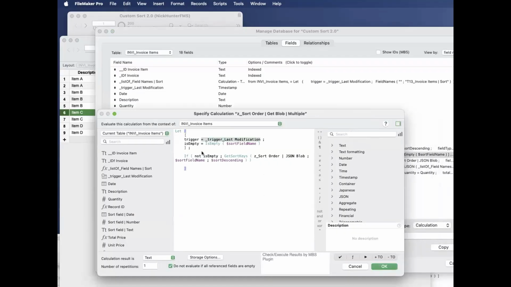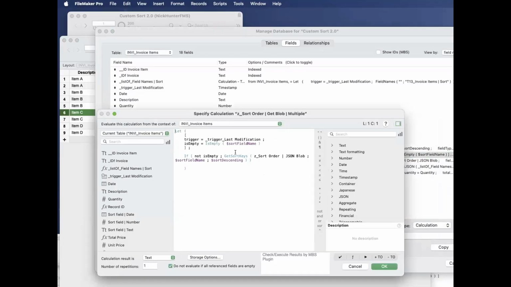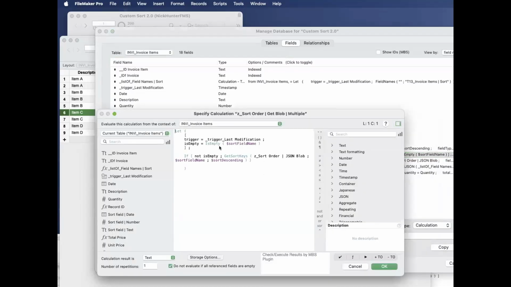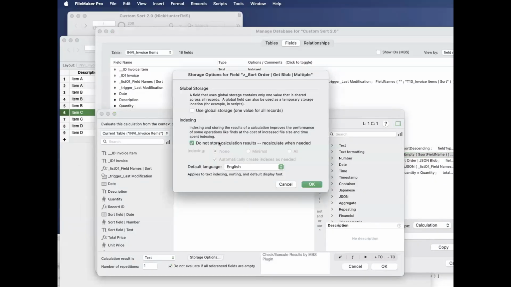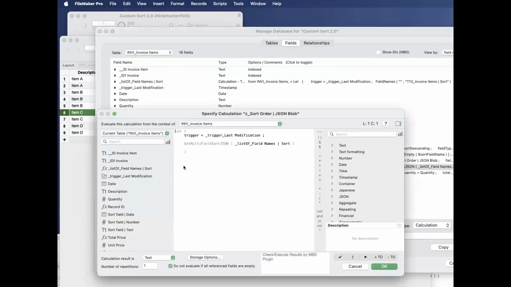Still need a trigger though. It can be both. It can be auto entry or unstored calc, but still need a trigger because it's unstored. And you don't, it's stored, sorry, it's a stored calculation, stored, right? Don't click this. This will be super slow. This, right? And you need to recalculate when you need it on the fly. Okay? But the blob,